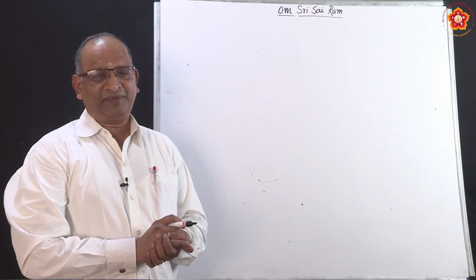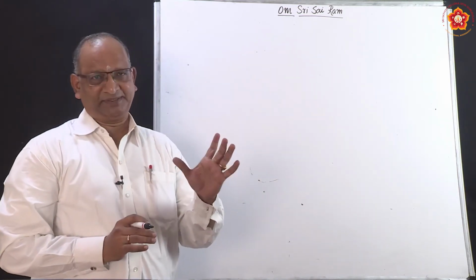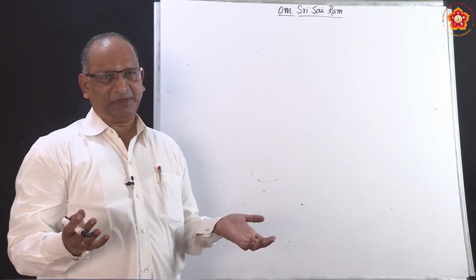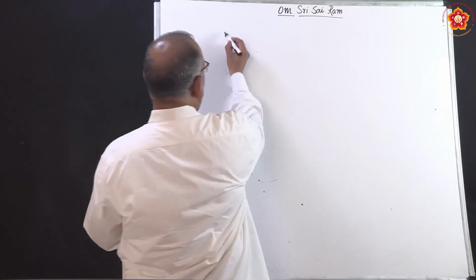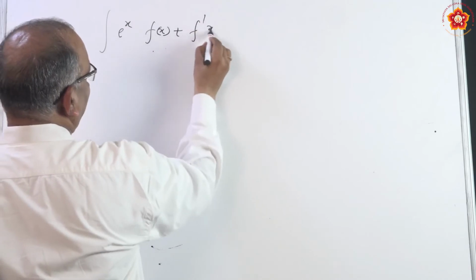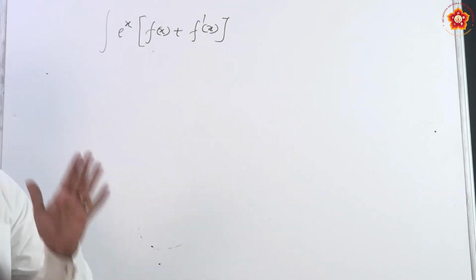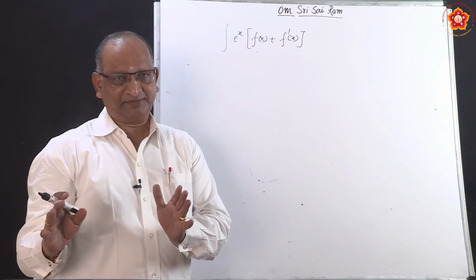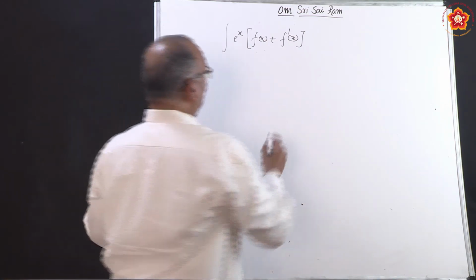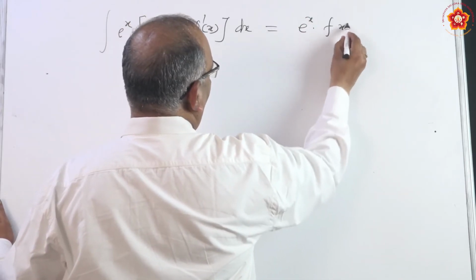In this product, we have something very, very interesting. What is it? If e to the power x comes as one function, related problems are quite simple. What I mean is, suppose we have integral of e to the power x into f x plus f dash x. Means what? Function plus its derivative. If they come as a sum multiplied by e to the power x, it is very interesting to know that you can directly write the answer as e to the power x into f of x.